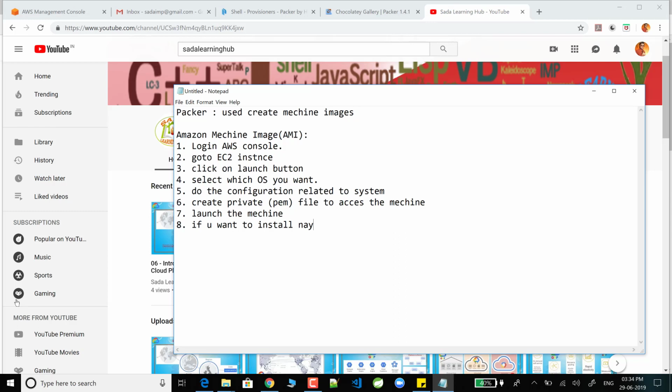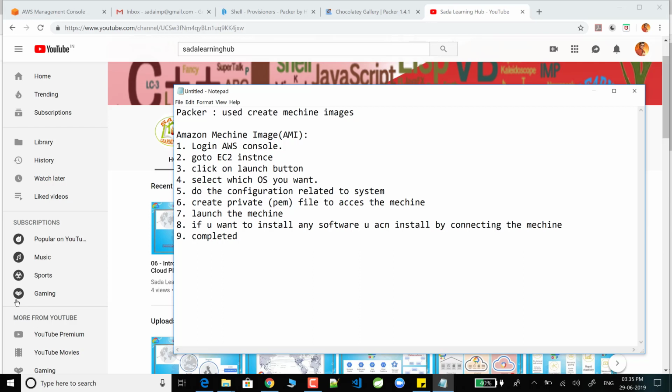The eighth point is if you want to install any software, you can install it by connecting to the machine. Now the ninth step is completed.